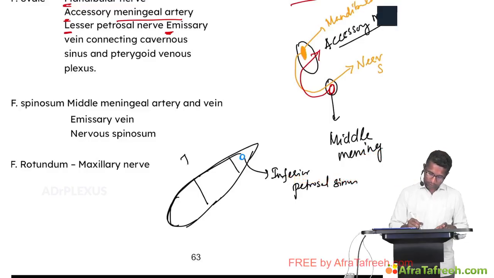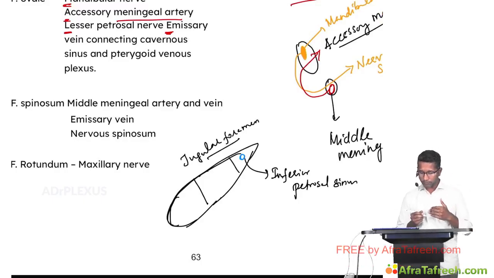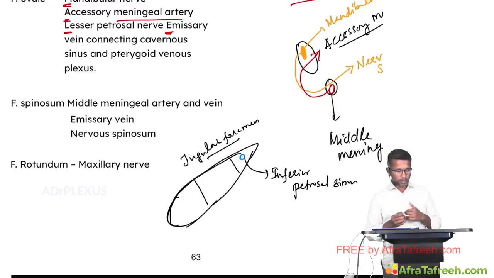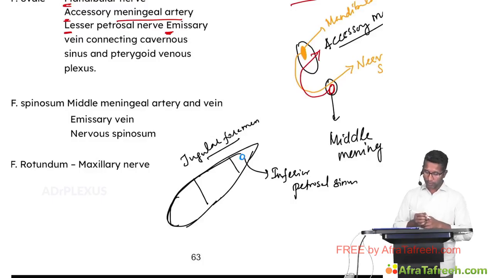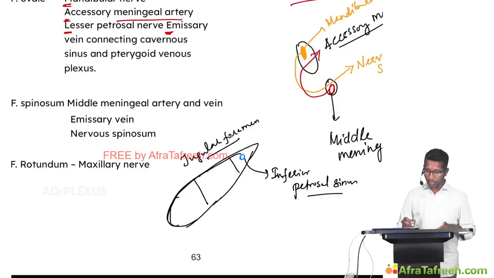And what is this foramen? This is called the jugular foramen. We divide the jugular foramen into 3 parts: anterior part, middle part, and posterior part. Whenever there is a vein present on the anterior most part of the jugular foramen, it is the inferior petrosal vein, and just behind this you have 3 nerves which are running,